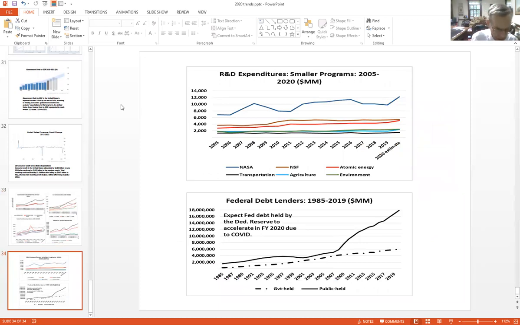I think this is the last chart, so you'll be happy with that. But I do think that it's important for us to see these government expenditures for research and development and the borrowing. But at the top, we have research and development. The blue line is for NASA. That's probably discretionary, and it hasn't been growing very fast. As a matter of fact, it declined for some years.